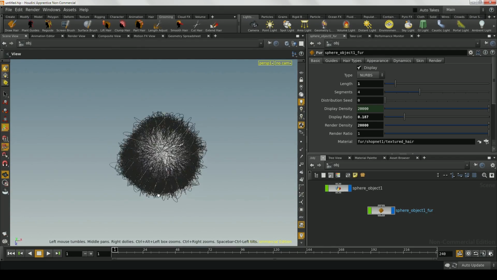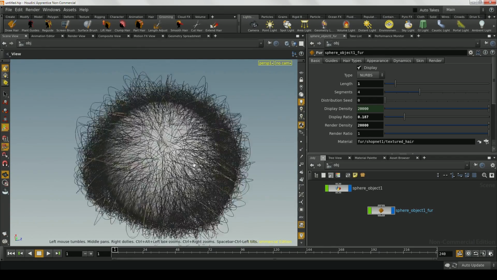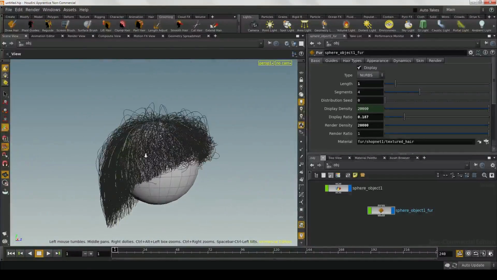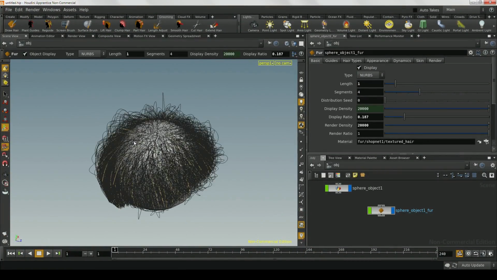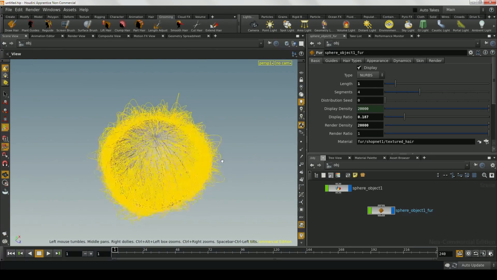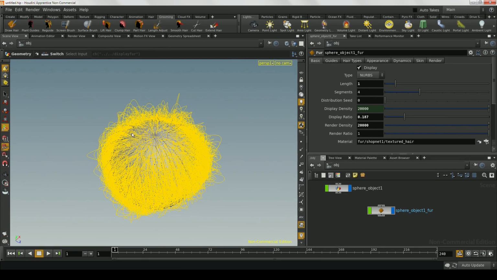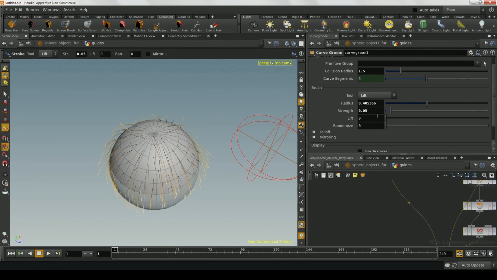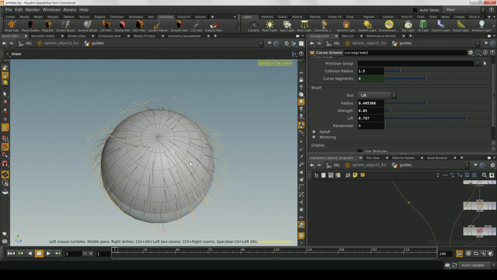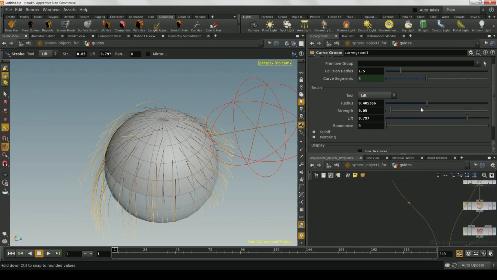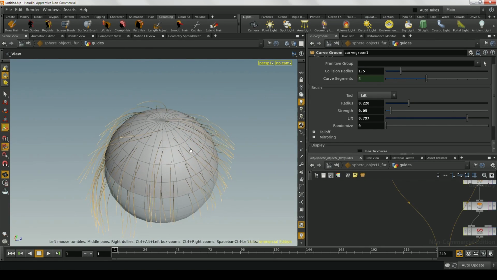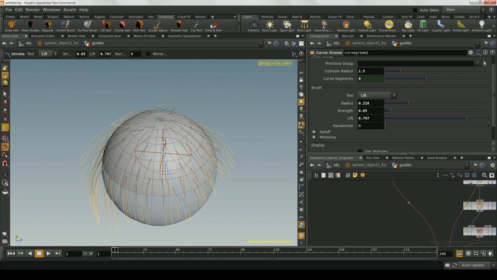If you notice, there's some balding going on here near the top, and that's just a byproduct of how we were combing the hair. When you keep combing down and down and down, some of these guide curves are bound to start penetrating the top of the geometry. So if you wanted to fix that, we could select the hair and go into lift hair. And in the lift tool, turn the lift up a little bit, and this works the same way as the brush did for the screen brush and the surface brush. We can just click on the hair and start dragging up,